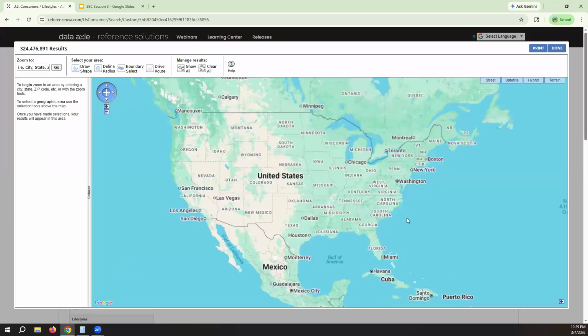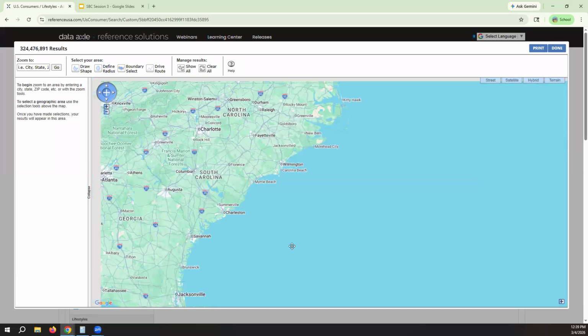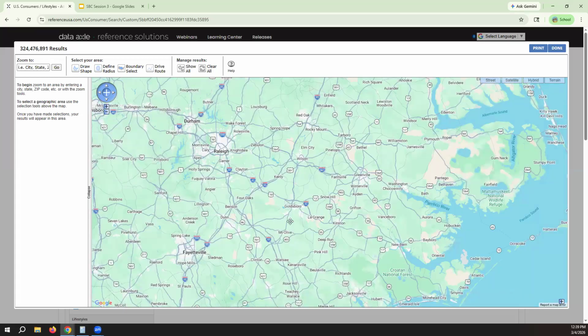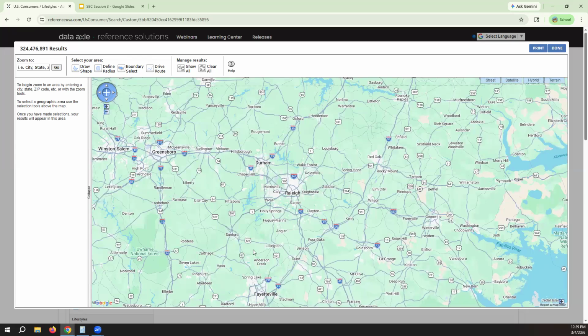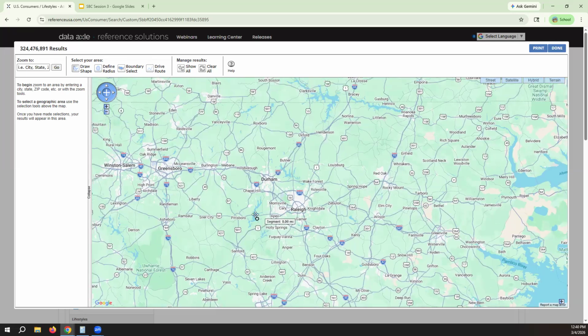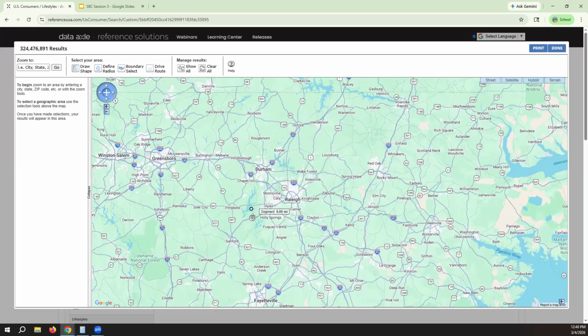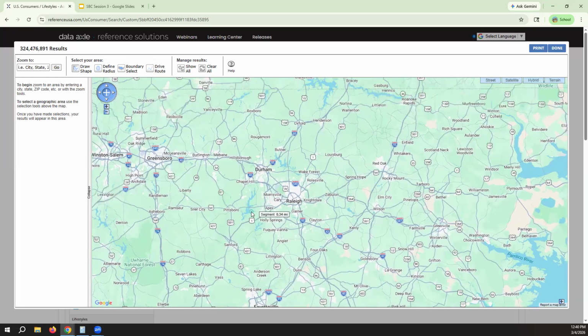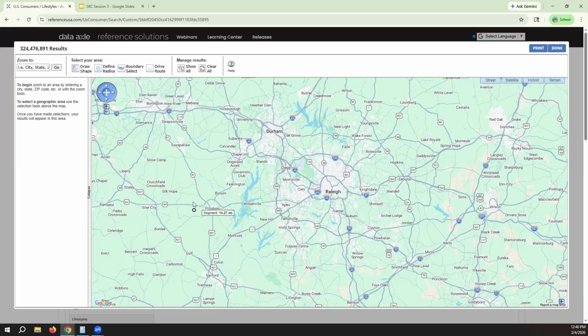So I think I'm going to scroll in here to North Carolina and move my map around a little bit. You can see I've got my region here, and I think I'm going to draw a shape. Now this can be a little challenging, so just take a little bit of time. You would click, and then you would drag to wherever you want. Let me see if I want to go a little closer. There we go. I think I'm going to do Pittsburgh.